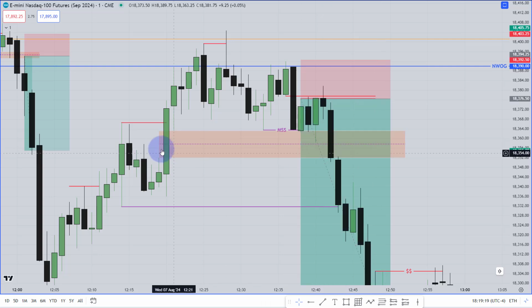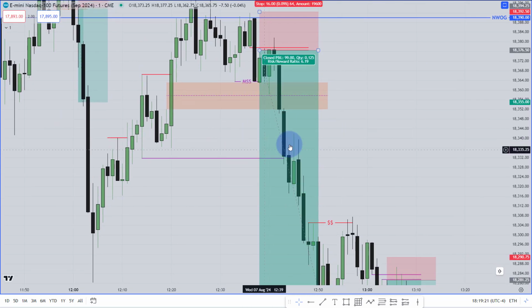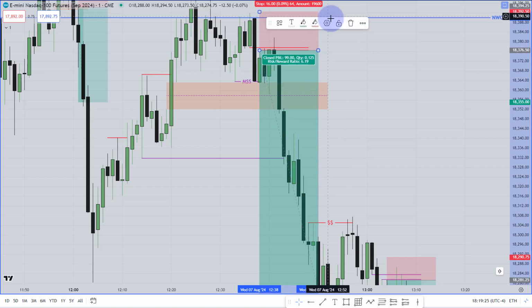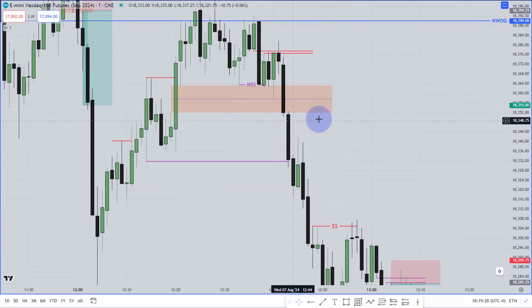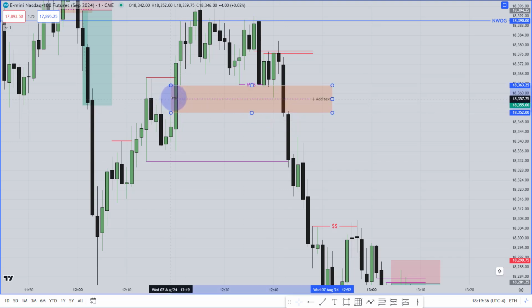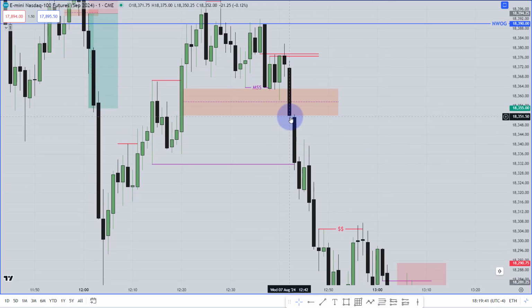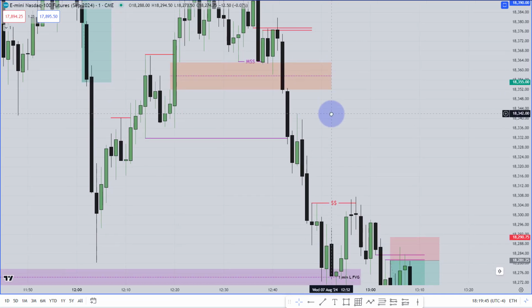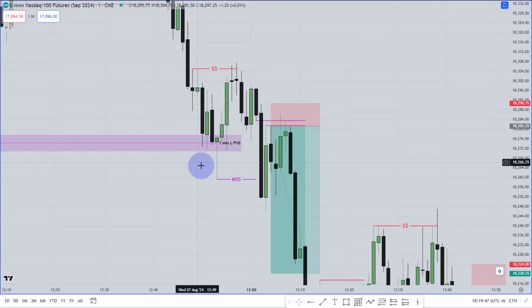No, it didn't close below this inversion fair value gap, so I guess you didn't get any opportunity to take that entry. That was not your inversion fair value gap. You missed that one, because if this candle could close just one tick below that fair value gap, then it could be your inversion fair value gap. As it failed to close below this bullish fair value gap, it's not going to be your inversion fair value gap. Okay, then the market fell again until that area, then went higher and took that buy side